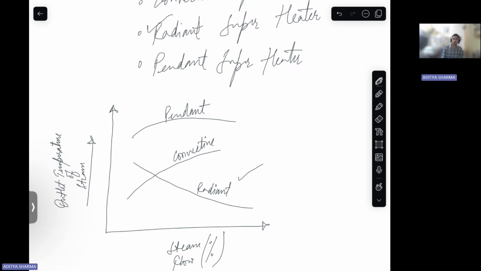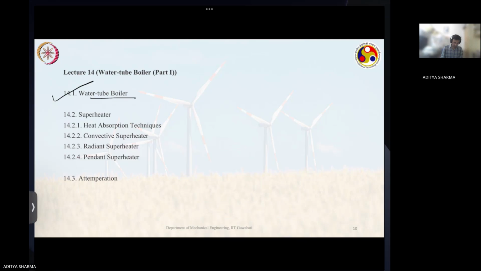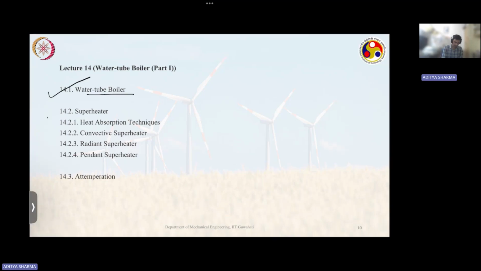We want the temperature to be independent of the load that is being given to the superheater. So in that case, we use this pendant type of superheating. Okay, so this is basically the difference between these three types of superheaters, right? So I have discussed these. Okay,